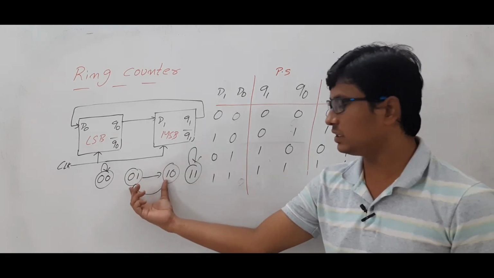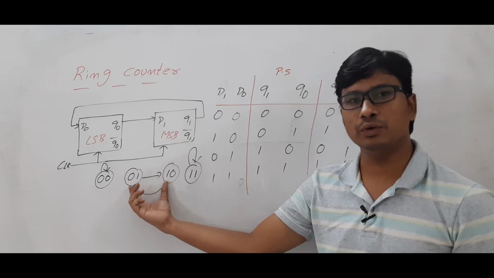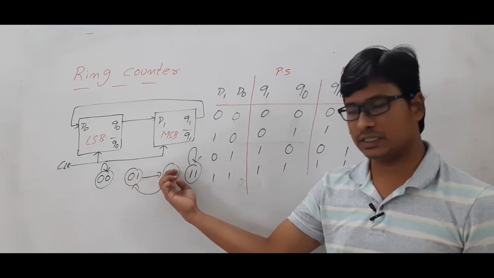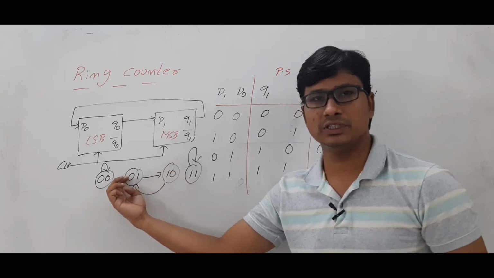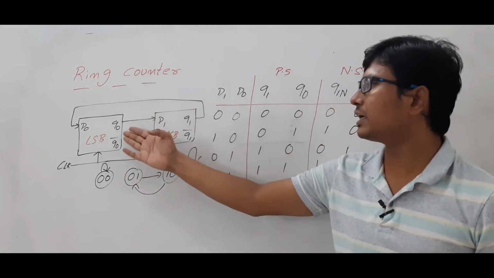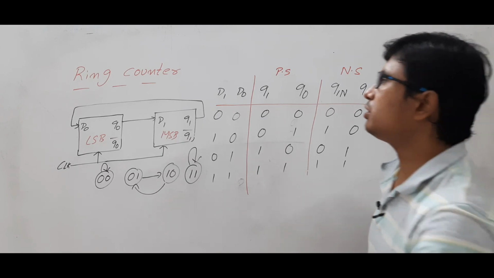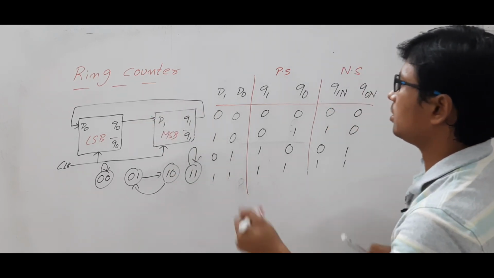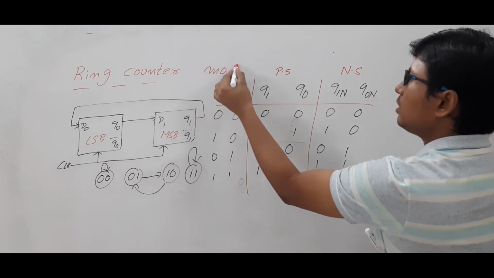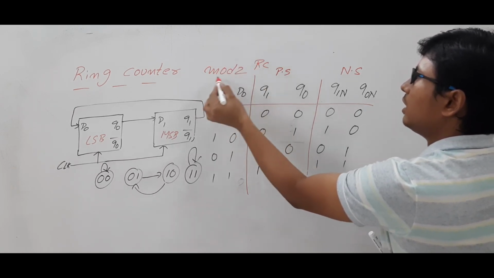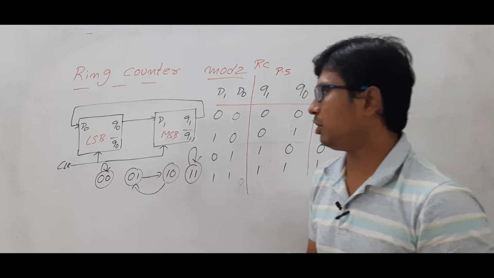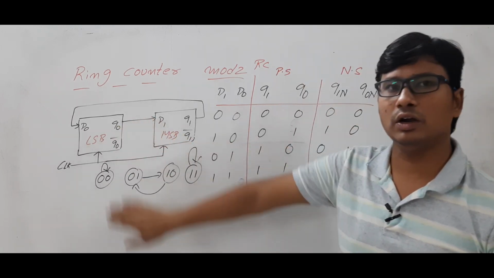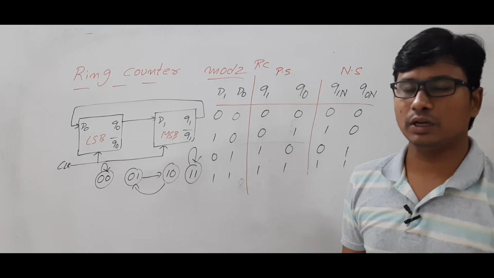Now you see that it is a mod 2 counter. How did I get that it is a mod 2 counter? From one state it goes to the next state, and again it comes back to the same state. So I can call this counter a mod 2 ring counter. Are you able to understand it or not? Mod 2 ring counter. Let me write it in shortcut, RC. So how I got this circuit diagram, I hope you have understood, and this one we will call a mod 2 ring counter.